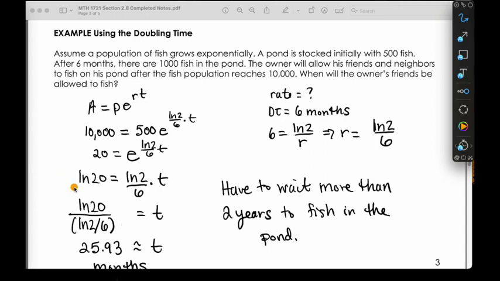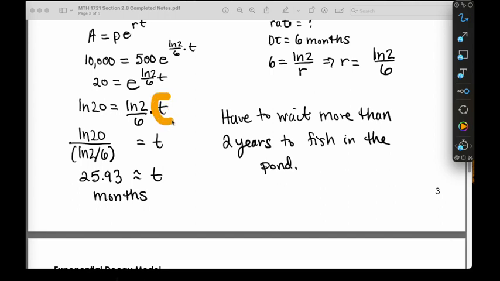When I do that, I get the natural log of 20 on this side. On this side, my exponent comes down in front because I have the natural log here, and then the natural log of e is just 1. So now to finish solving for t, I'm going to divide both sides by the natural log of 2 over 6. So I have the natural log of 20 all divided by the natural log of 2 divided by 6, and that's going to give me